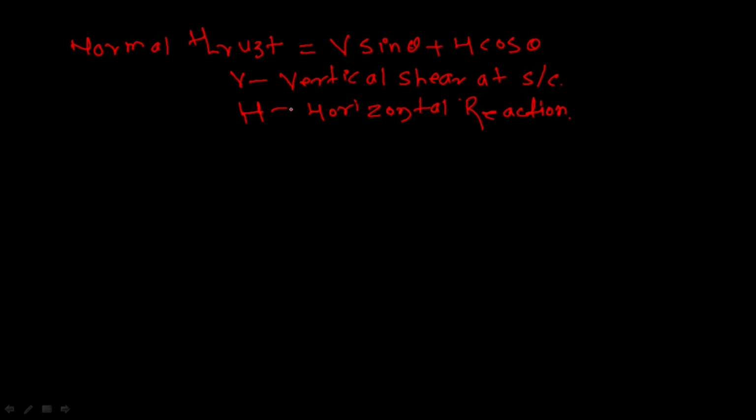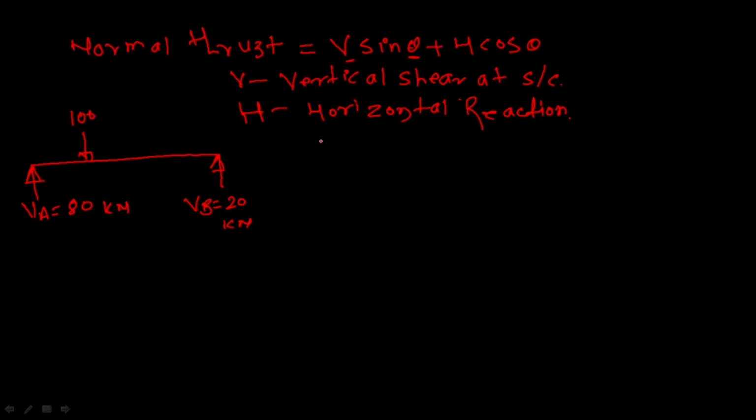So now V is the unknown. What is it here? One is theta and the second one is V. V is the shear force at the section. So we know here, considering the simply supported beam, this is our load, 100. This VA is 80 and this VB is equal to 20 kilonewton.